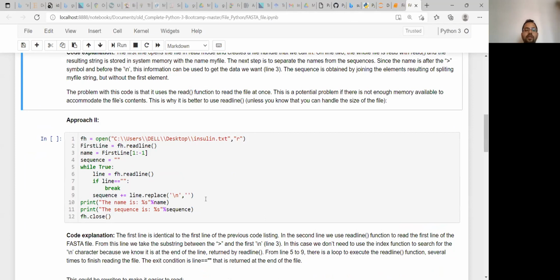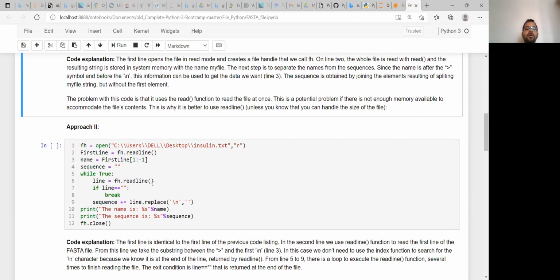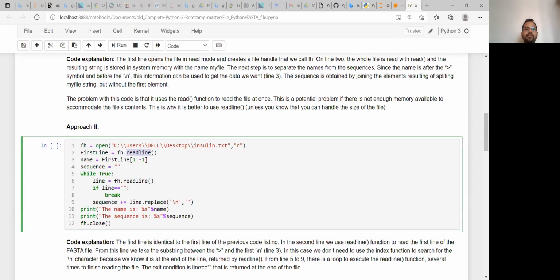Now, instead of that, we can use readline, and the code is written in this fashion. It is the same thing. Earlier we used a read command and we stored that in my file. Now we are reading with the readline method, and that is stored in first line. It will read line by line.